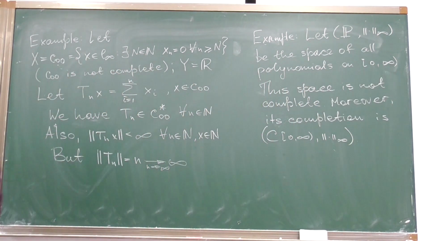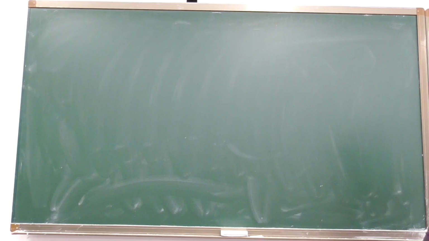This is a fairly standard norm, and we quickly figure out that this space of polynomials is not complete. But as we already know, completeness depends on the norm. So for instance, if we equip this space of polynomials with a very unusual, very strange norm, let's do this and check whether the space is complete or not.